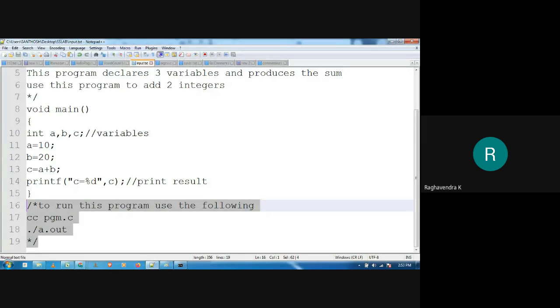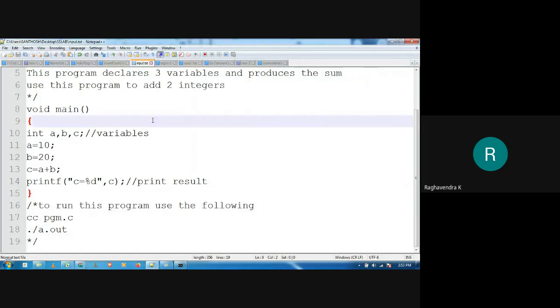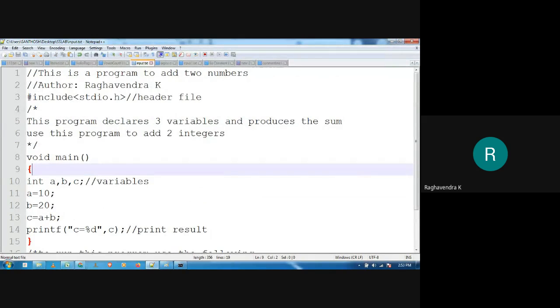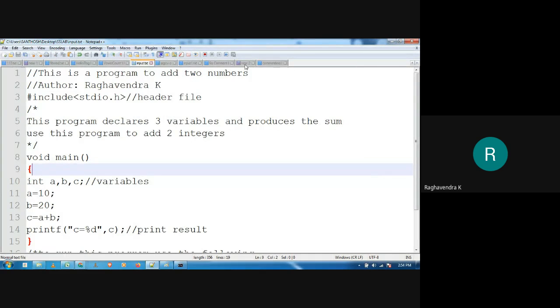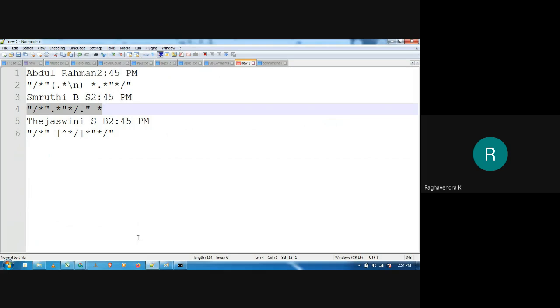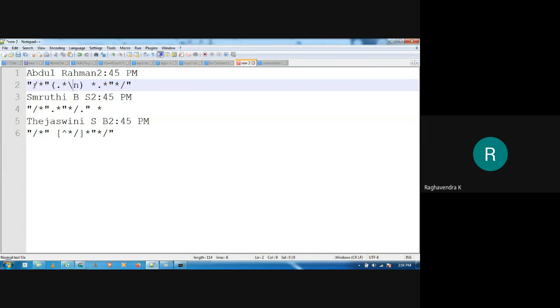So only 2 multi-line comments were there, but it is showing only 1. That is one problem. The second problem is, if you observe, except the hash include, which was written before the multi-line comment, everything else is gone. So obviously there is something wrong with the expression. It's not completely wrong, but it is eliminating the entire content of the program. So obviously there is an issue with this.